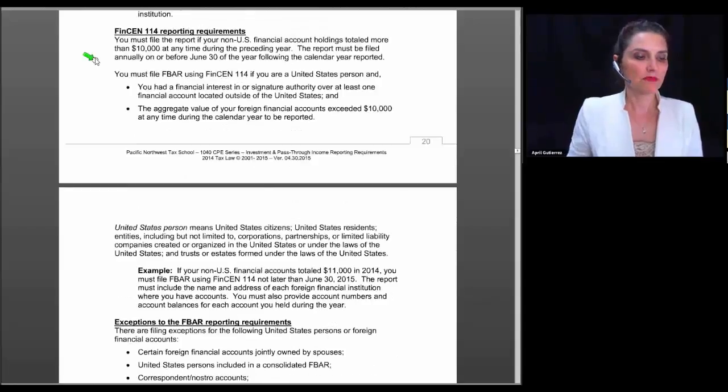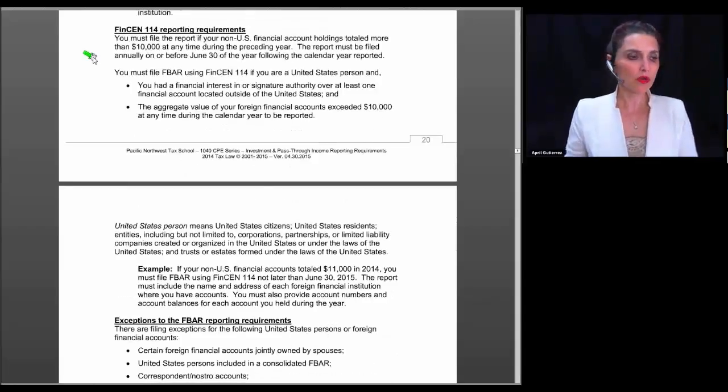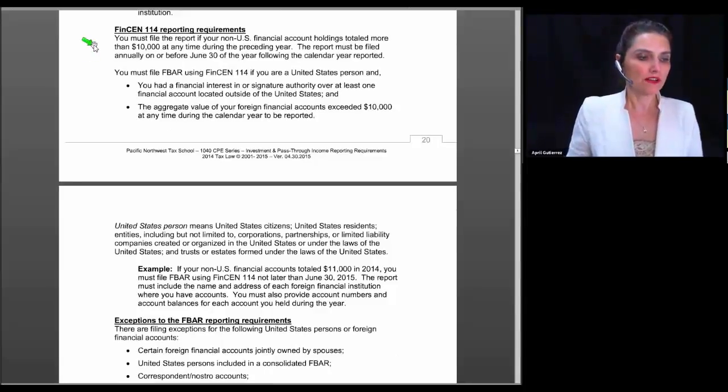So let's look a little bit more closely at Form 114. You need to file the report if your non-U.S. financial account holdings during the year totaled more than $10,000 at any time during the year. This is not saying that you must have a bank account that is over $10,000 to be required to file FBAR. The reality is you look at all of the foreign financial accounts you hold or have an interest in, and if the total of those goes over $10,000 at any time during the year, even if it's for just